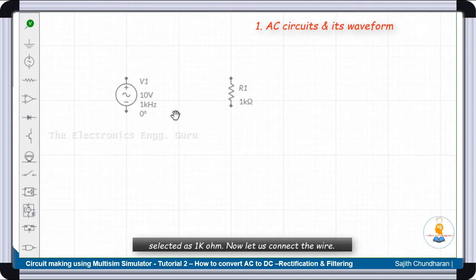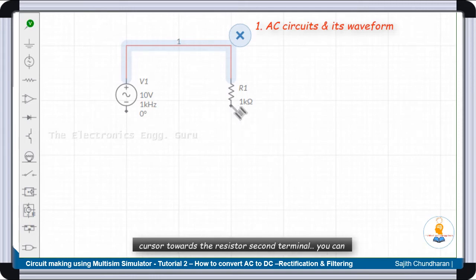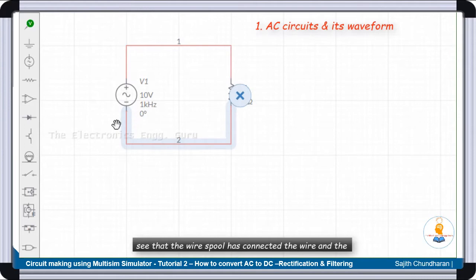Now let us connect the wire. To connect the wire, take your cursor towards the source. You can see a wire spool comes into the picture. Click on the wire spool. You can see that the first wiring is done. Let us do the second wiring. Take your cursor towards the resistor second terminal. You can see that the wire spool has connected the wire and the circuit is already completed with the source